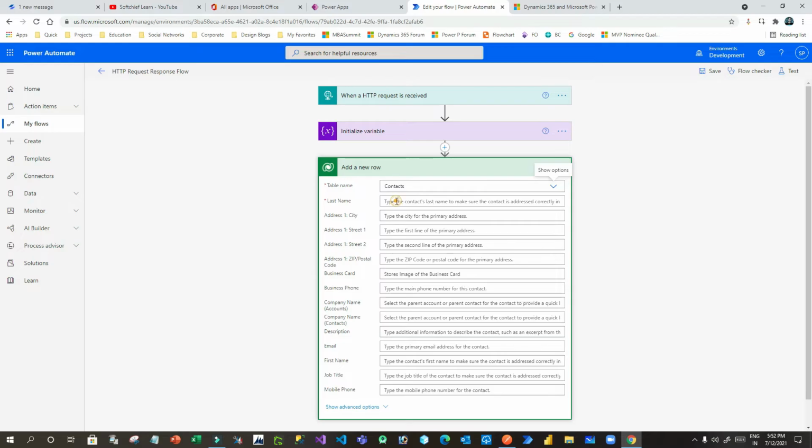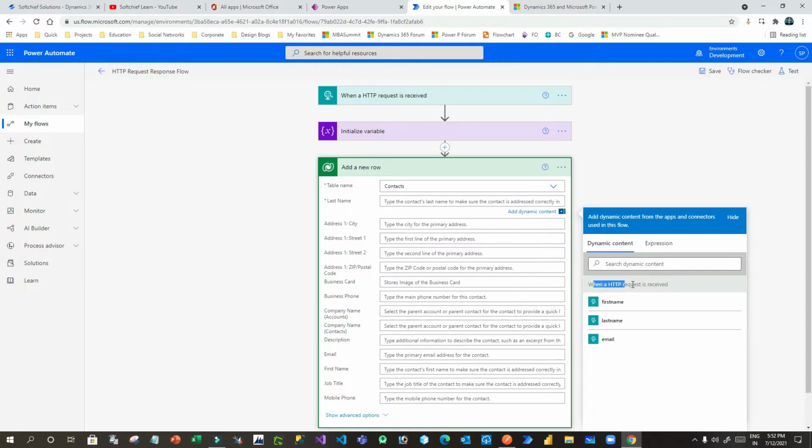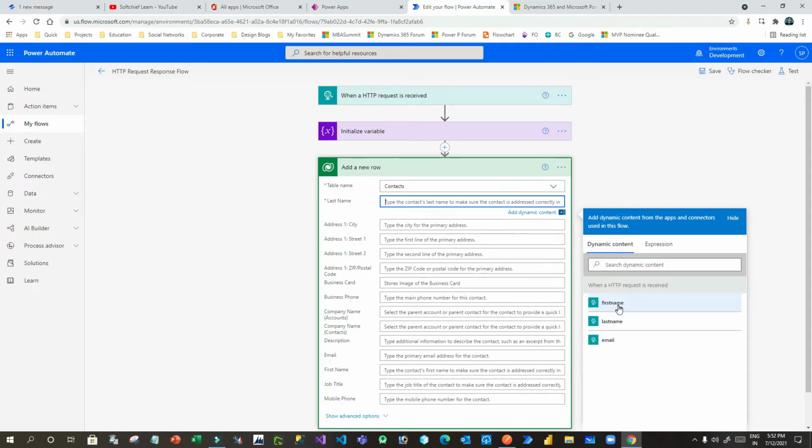I want to assign the last name. Can you see that in the dynamic content panel you will see three informations. These three properties are coming from when an HTTP request is received. This step contains all the customer information with first name, last name and email. I want to assign these properties to the corresponding fields of the contact record. So I want to assign last name. Click on this and click on last name.